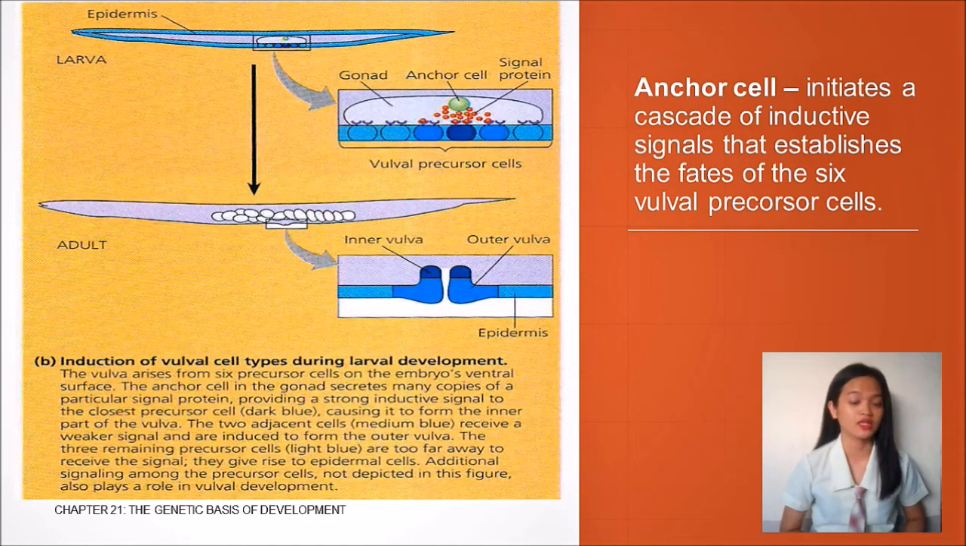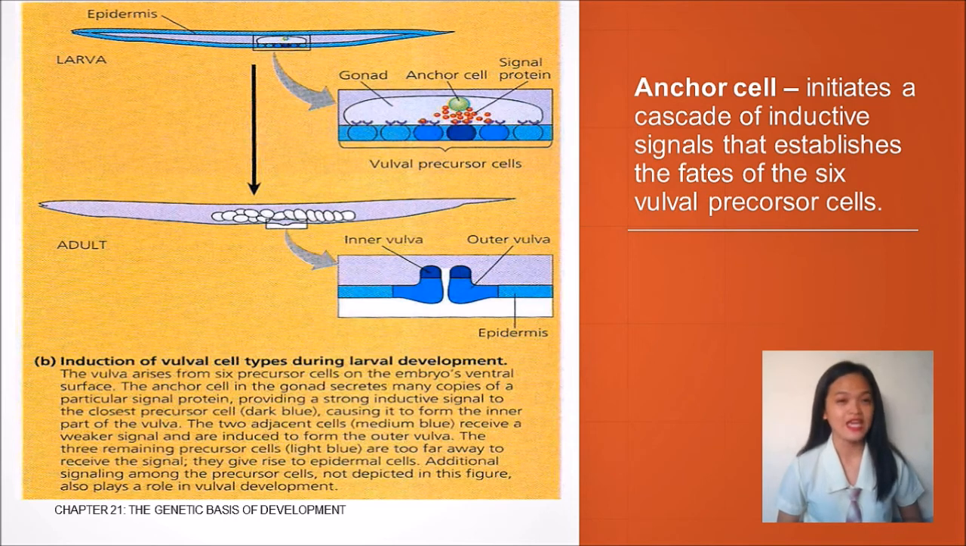Induction is also crucial later in nematode development as the embryo passes through 3 larval stages prior to becoming an adult. As you can see in figure 21.16b, the vulva, the tiny opening through which a worm lays its eggs, arises from 6 cells that are present on the ventral surface at the second larval stage. The anchor cell in the gonad secretes many copies of a particular signal protein, providing a strong inductive signal to the precursor cell, the dark blue one,